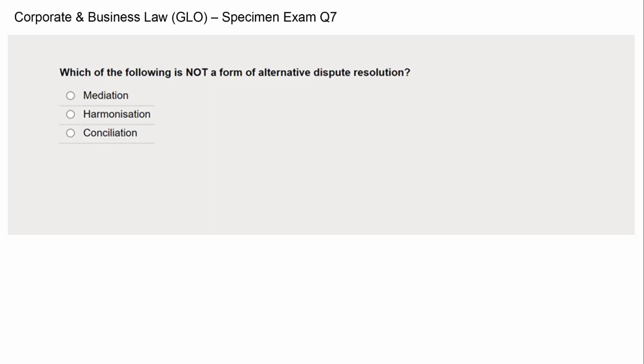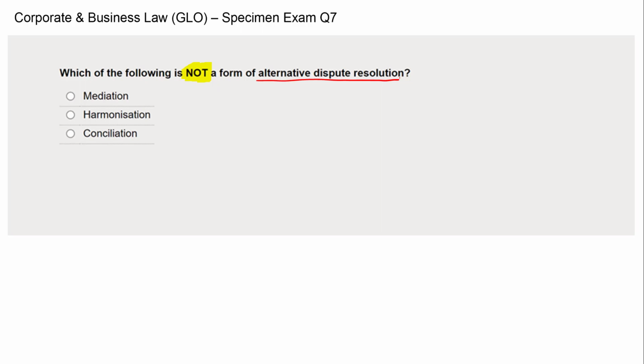Which of the following is not a form of alternative dispute resolution? Well, an alternative dispute resolution is when we have two parties in a state of disagreement and they make a